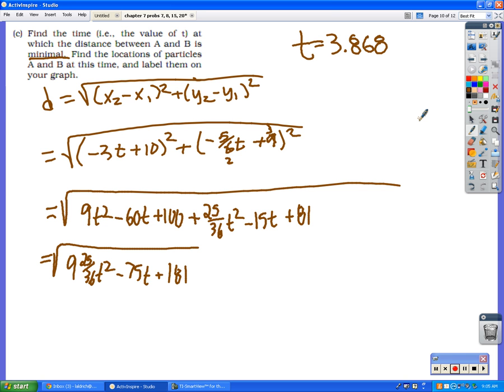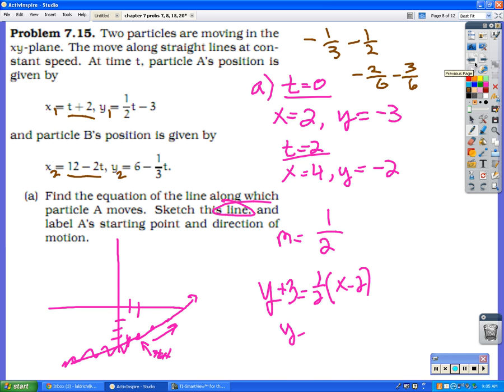Man, that was a lot of work. We'd be done. No, we're not even done yet. What do we have to do with that number to figure out the locations of particles A and B? What do you have to do? Plug it into what? Yeah, into the parametric equations that we started with. Okay? And so what number is this? If you do that,